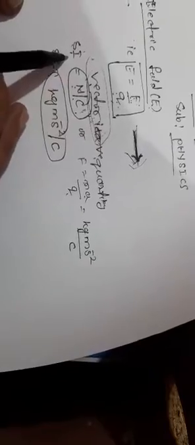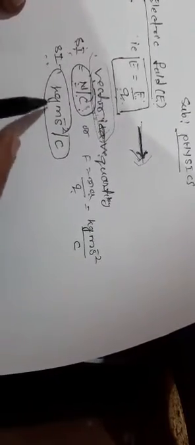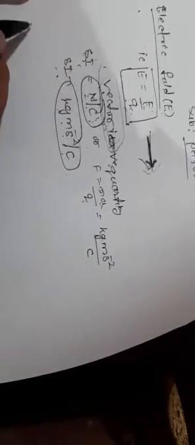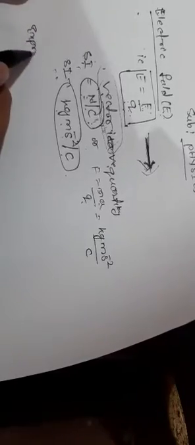The standard SI unit of the electric field is Newton per Coulomb, or another SI unit is kg meter second inverse square per Coulomb. Now, one more concept: what is the expression for